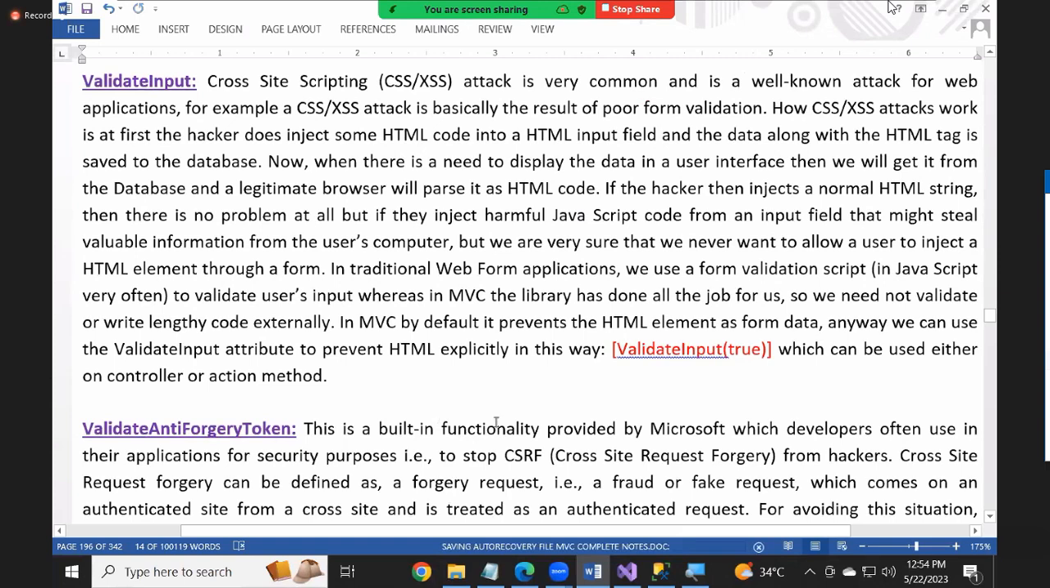Cross-site scripting, also called a CSS attack or an XSS attack, is a very common and well-known attack. A CSS or XSS attack is basically the result of poor form validations. How an XSS attack works is, at first, the hacker injects some HTML code into an HTML input